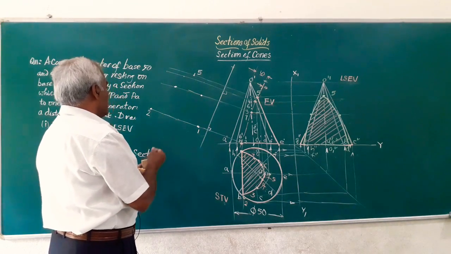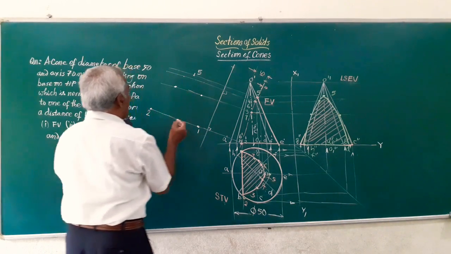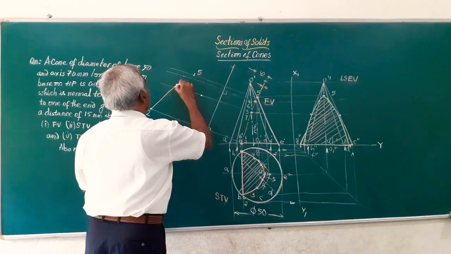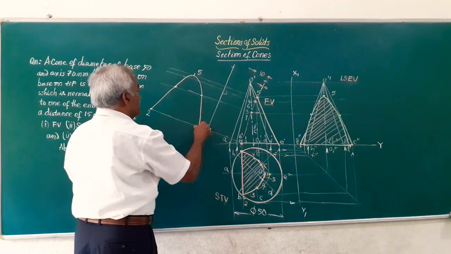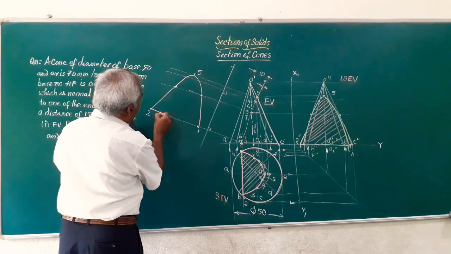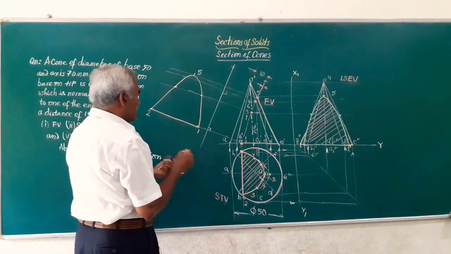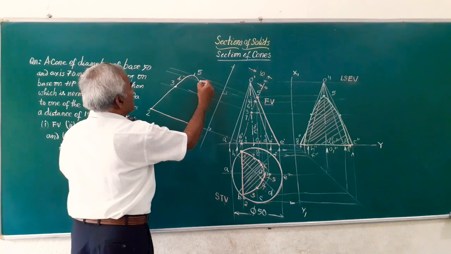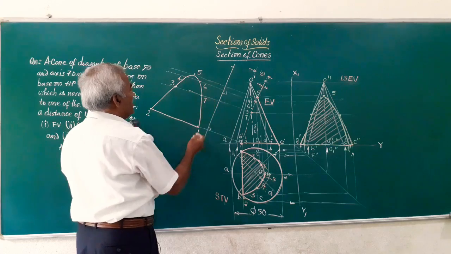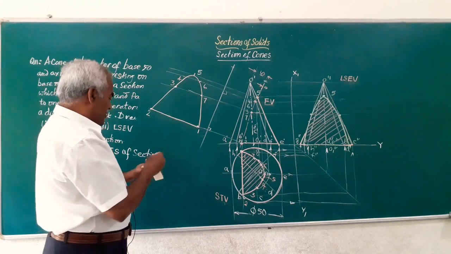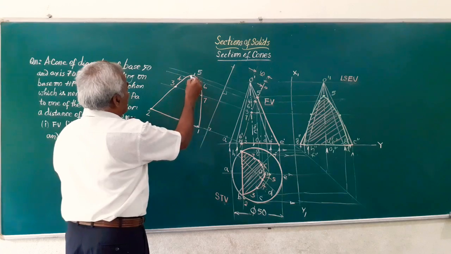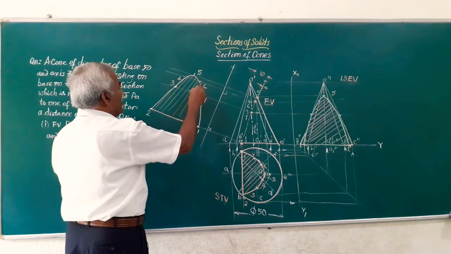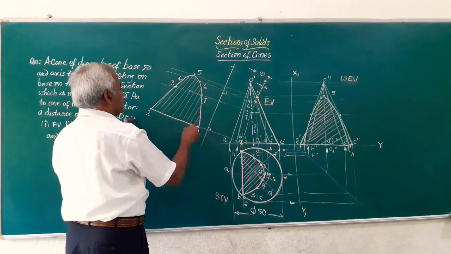Friends, after getting these points, let me join all these points by a continuous smooth curve. So this is going to be like this, and the portion where it is cutting the base is going to be a straight line here. This is 1, 2, point 3, this is 4, 5, this point is 6, 7. So we have got this shape here, and we have to hatch it by lines drawn at an angle of 45 degrees to the horizontal, providing a space of around 2 millimeter between the lines drawn.